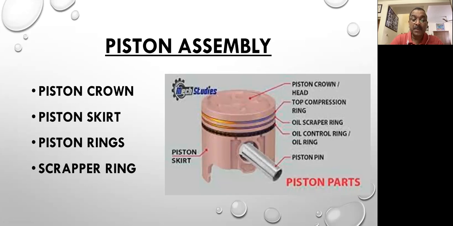And the bottom portion is called a skirt, and the skirt portion is made of aluminum compounds. One particular thing is that in a cylinder piston assembly, the cylinder and piston won't normally make contact. They won't make any contact. The contact is made through another medium known as piston rings.